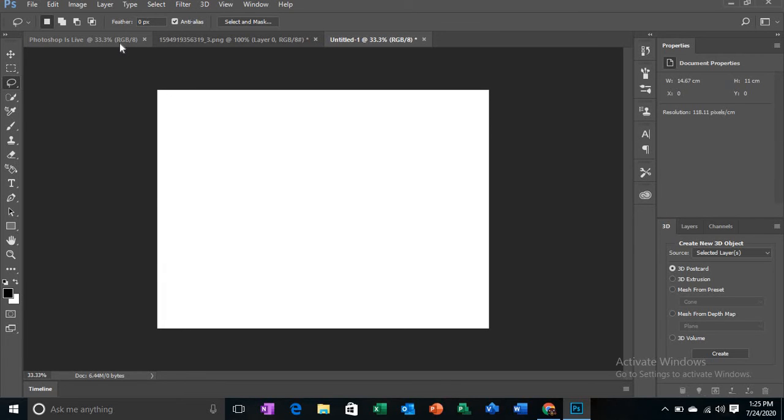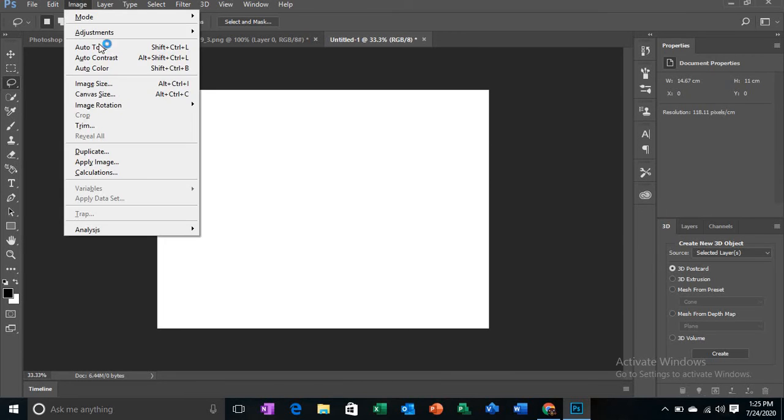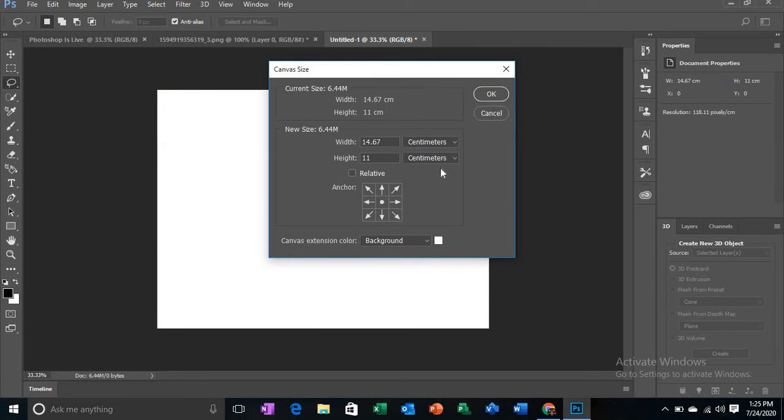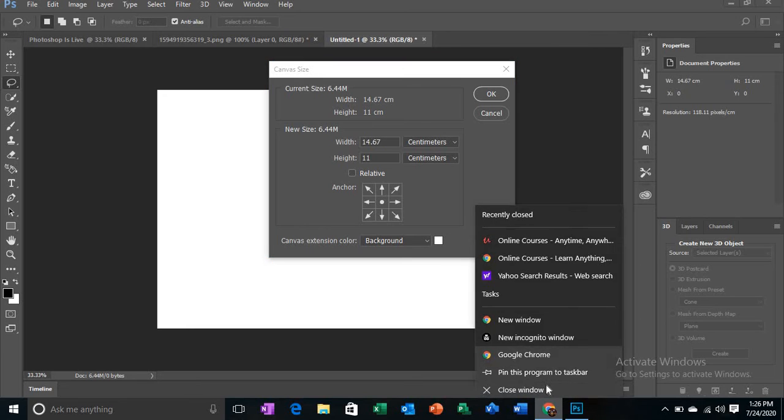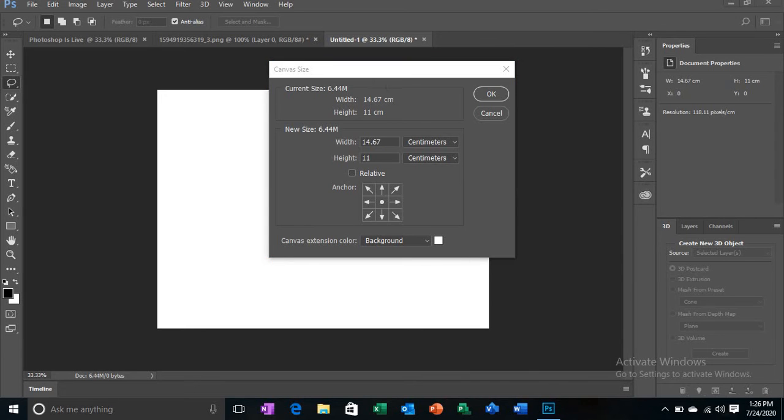And now the next thing is how to change the canvas size of any image. So it is very simple. Click on image, click on canvas size. Now here is the canvas size. See how I got it. Yeah, here's the canvas size. Current size is this.